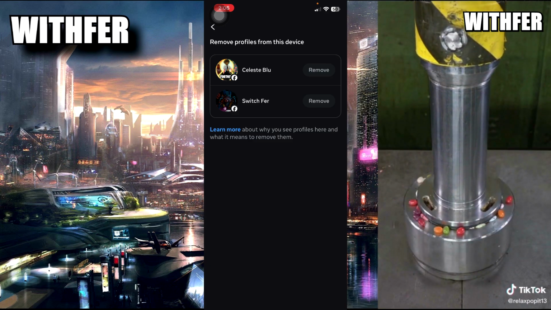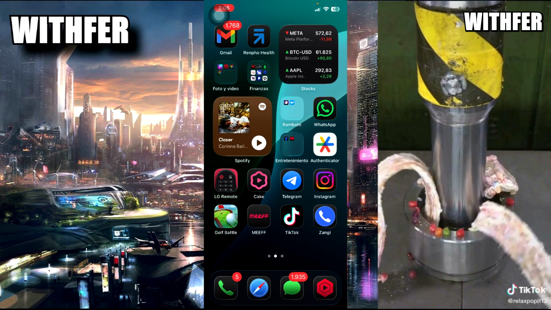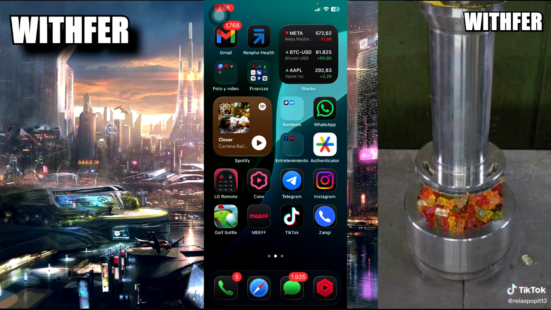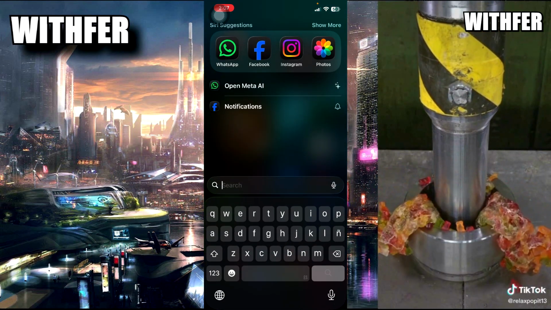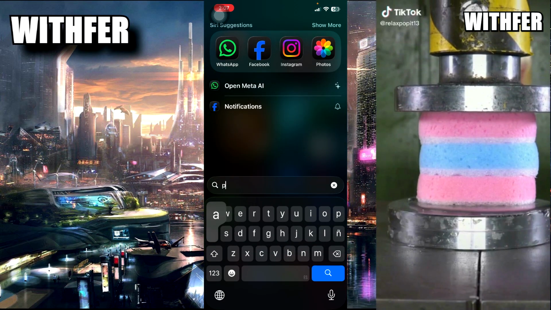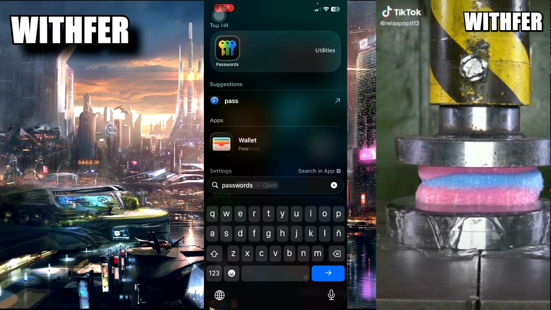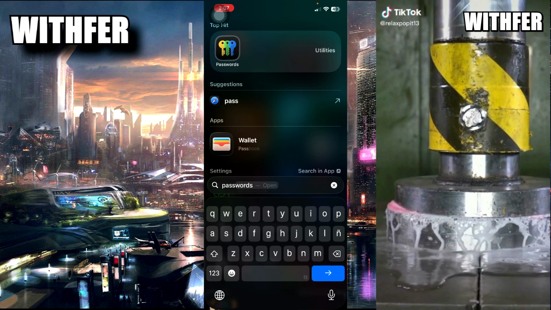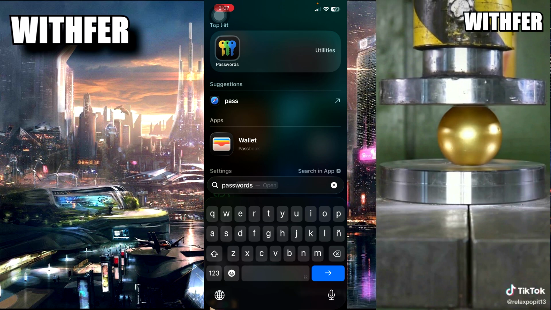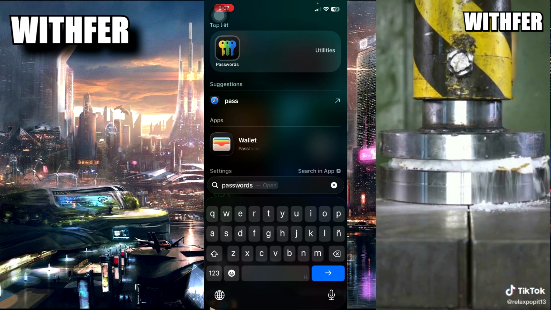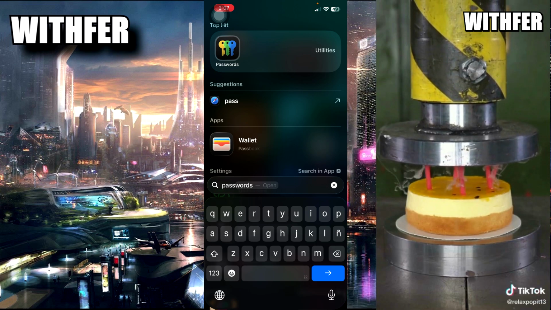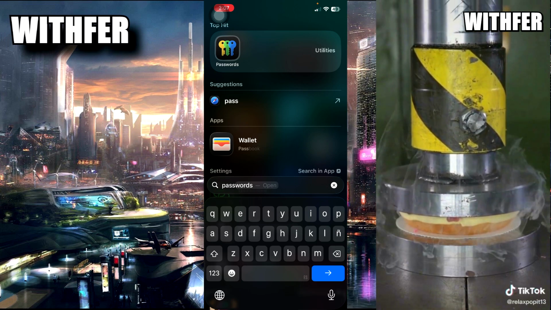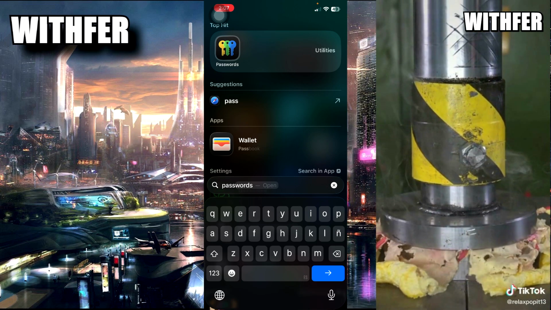Now, when you're finished here, remember, you need to check in your Passwords app on your iPhone. Scroll on your screen here and search for passwords. In your Passwords app, the first option, open with your Face ID. And remove your Facebook if you have your personal information saved here. Find your Facebook and remove that information.